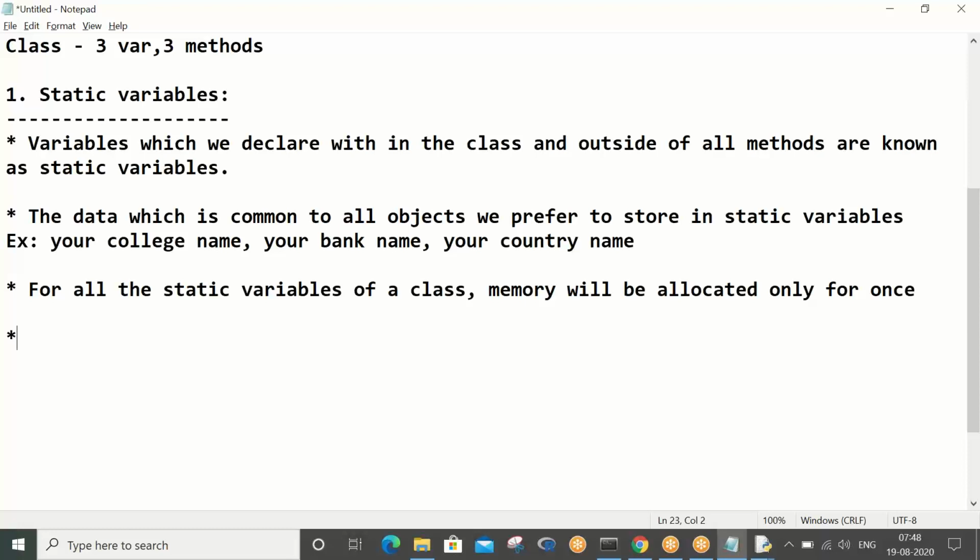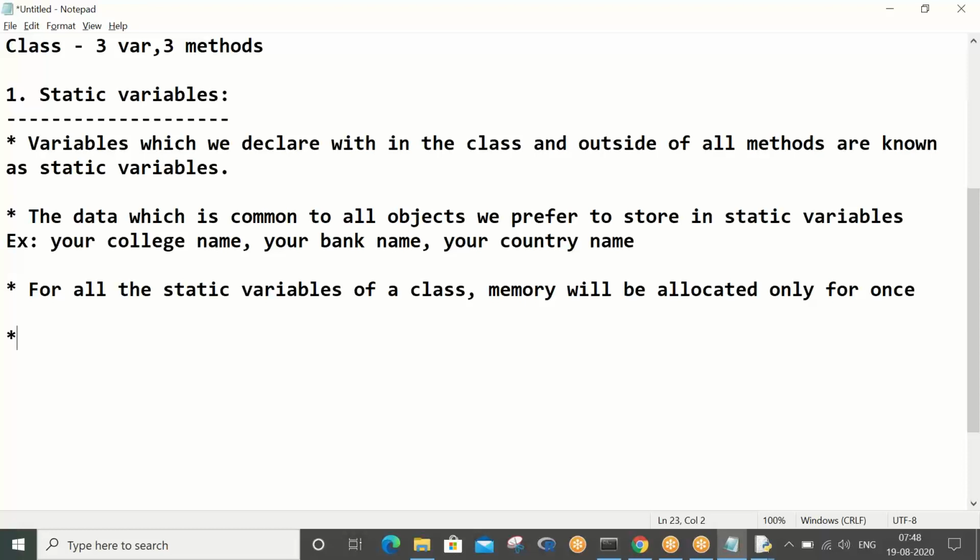You will understand that once you see the next 7 or 8 programs on static and non-static variables. For thousands of objects, one common name is given to one variable, and if memory allocation happens one time, that is fine. That's what it is meant for.